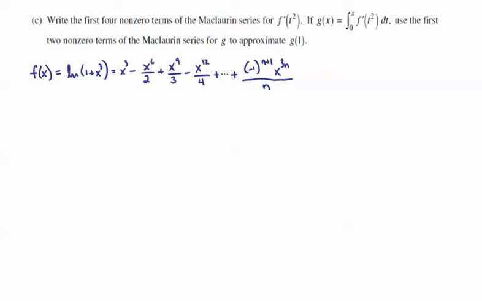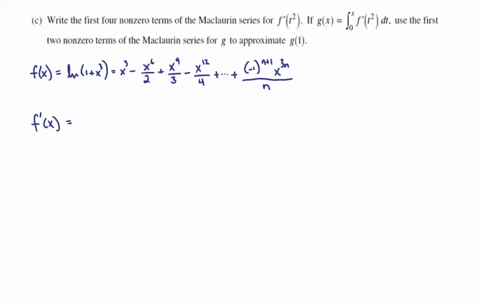In part C, we want to write the first four non-zero terms of the Maclaurin series for f prime of t squared. So I have function f of x, the function definition, the corresponding series representation listed there. What we need to do now is to find f prime of x. And f prime of x, not too complicated, is just the term-by-term derivative of what we already have for f